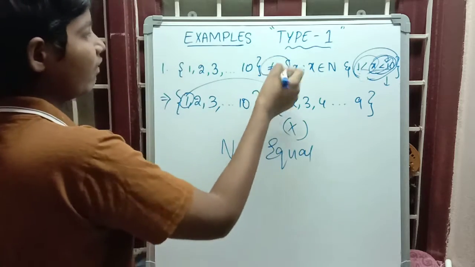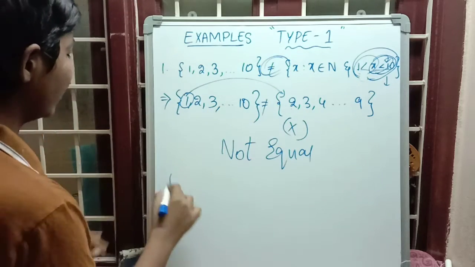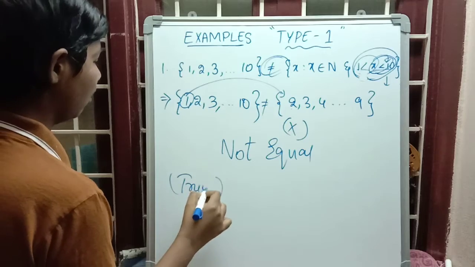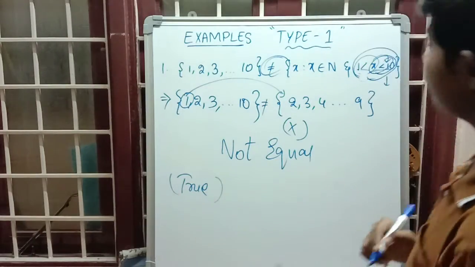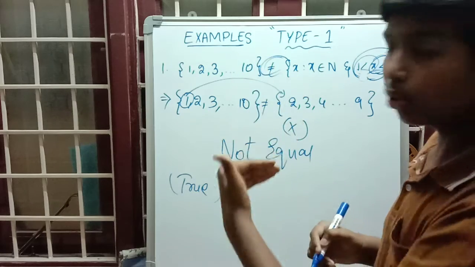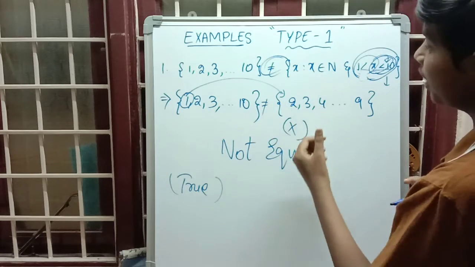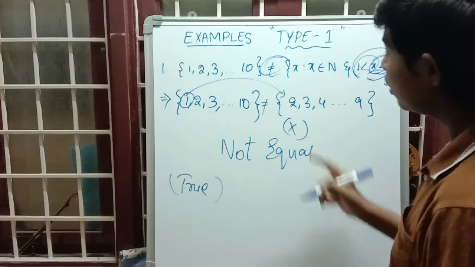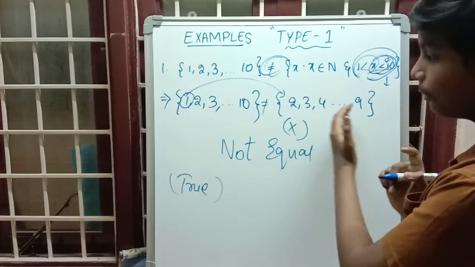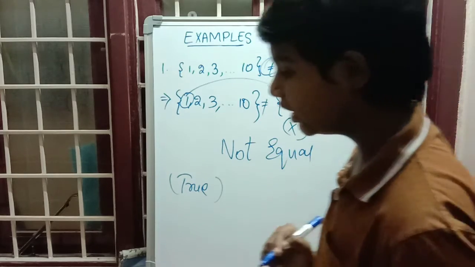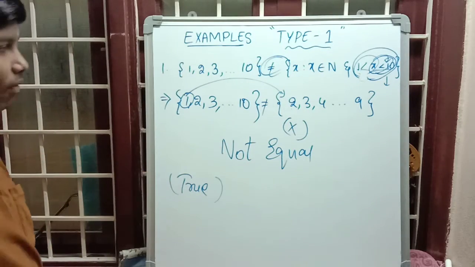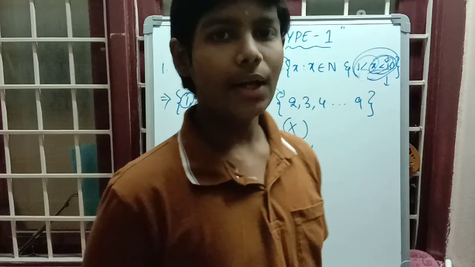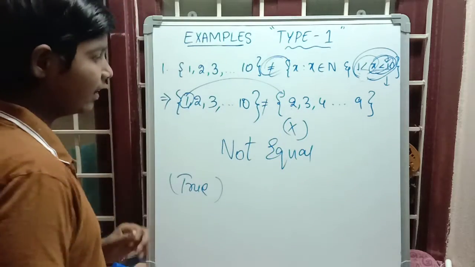Hence what they have given is true. We have to write that it is a true statement. Why? They have asked us to state the reasons. For that, first we have to convert the set builder form to roster form. In roster form, the set will start from 2, 3, 4, and so on up to 9, as x is less than 10 here. In set A, they have already given the roster form, that is 1, 2, 3 up to 10. This is the reason here.